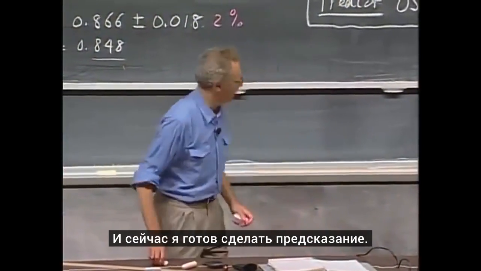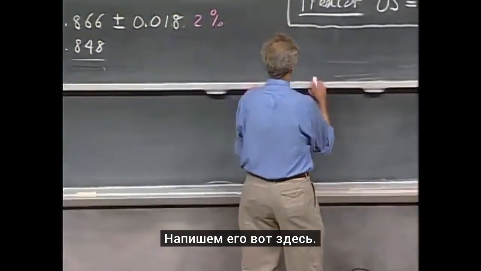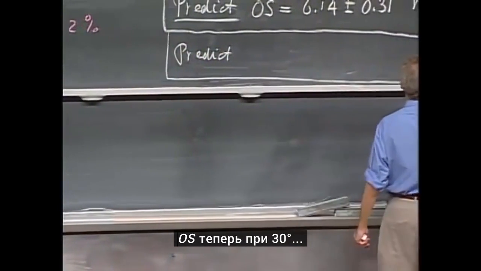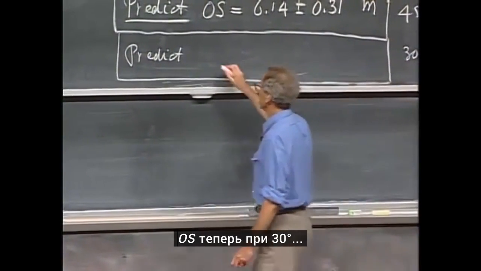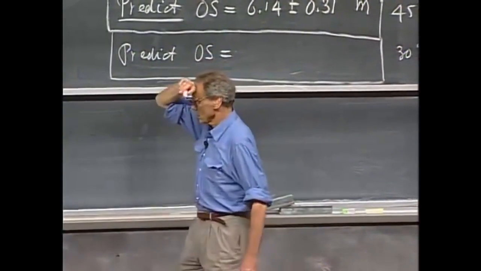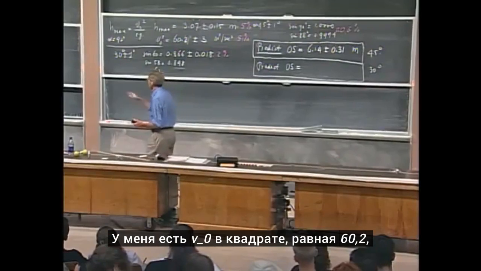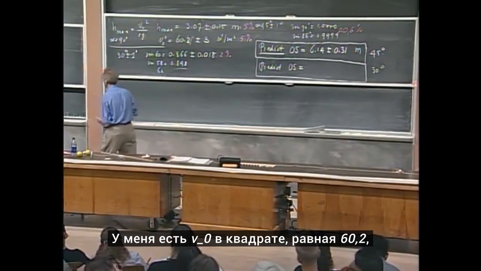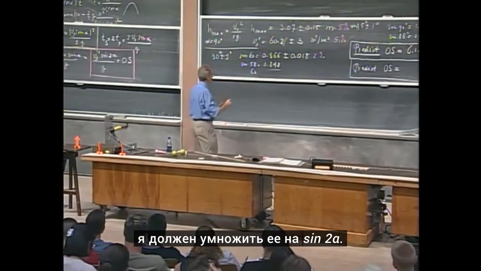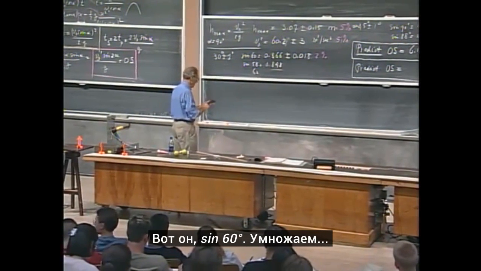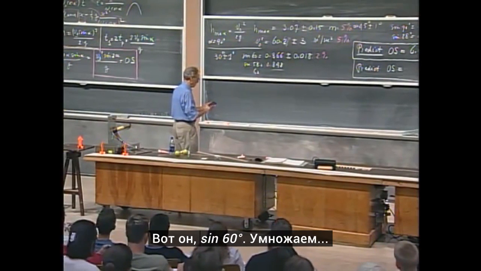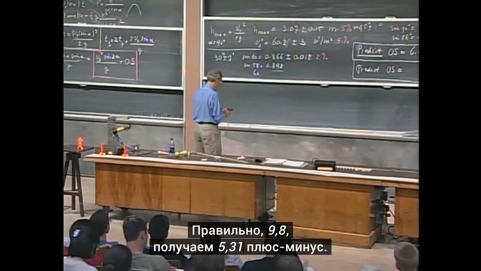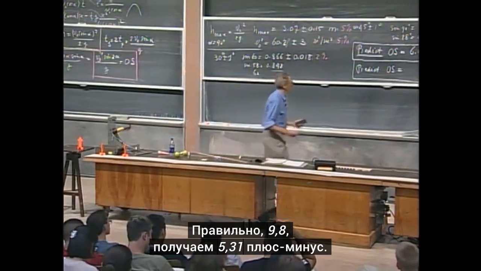So now we're ready to make a prediction. So here comes the prediction, for 30 degrees. I have to go through V0 squared, I have that, 60.2. And then I have to multiply by the sine of 2 alpha, that is the sine of 60. Multiply. And then I have to divide by g, 9.8. And I find 5.31